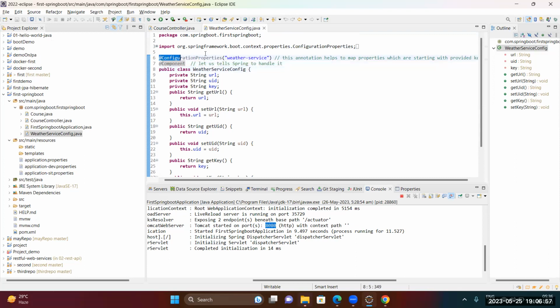There is one more annotation, which is called configuration properties, and this one is using weather-service. What does this annotation tell? If you are using a properties file with a keyword starting with weather-service, something like this,